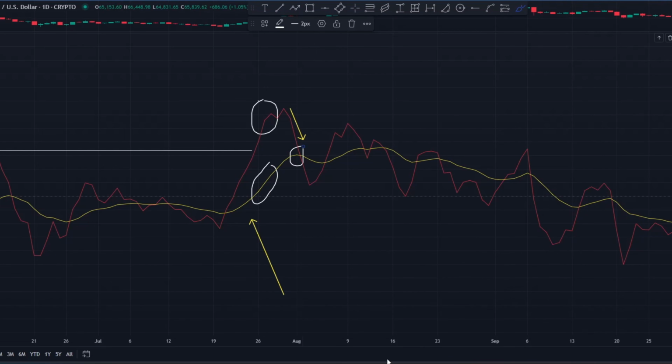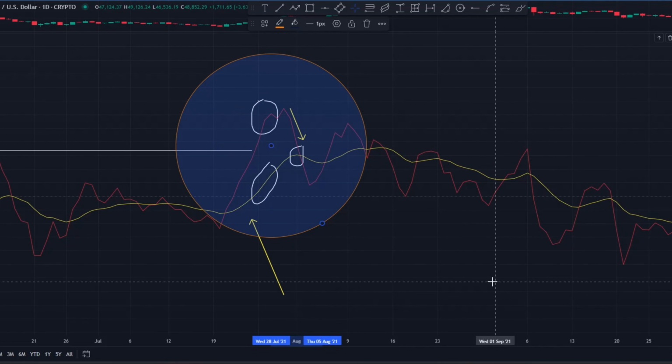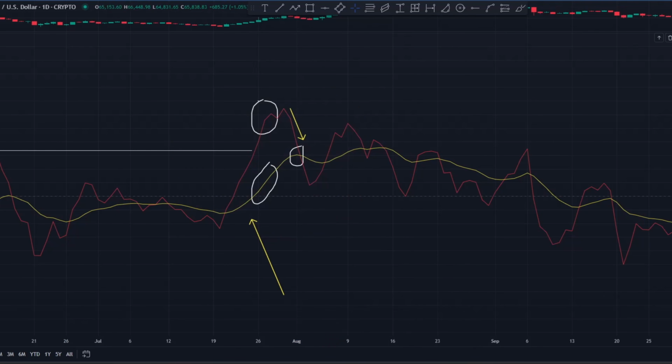Now, as with any good strategy, we need to manage our risk. In Linda's case, she suggests placing your stop loss just below the recent swing low for long trades or above the swing high for short trades. For your take profit target, aim for the previous high or low, depending on the direction you're trading in.